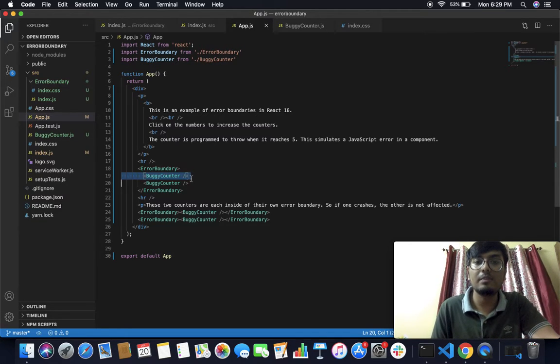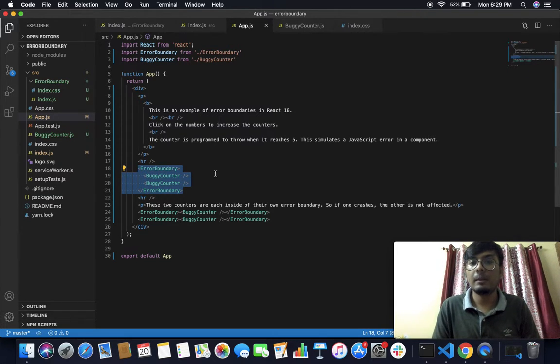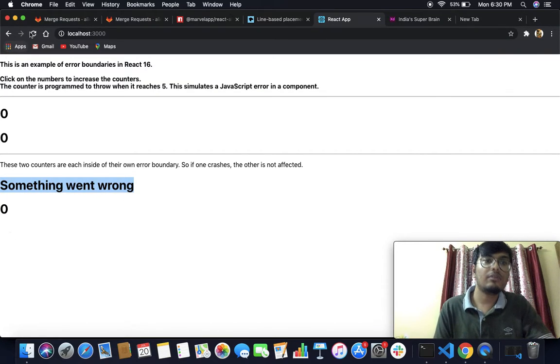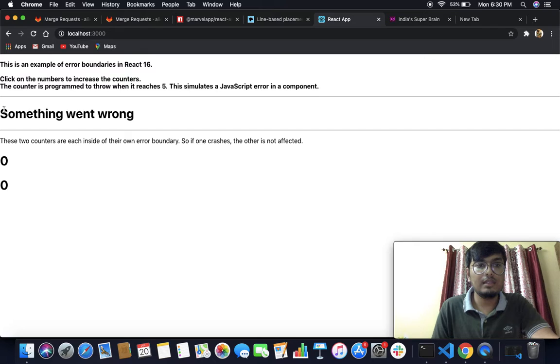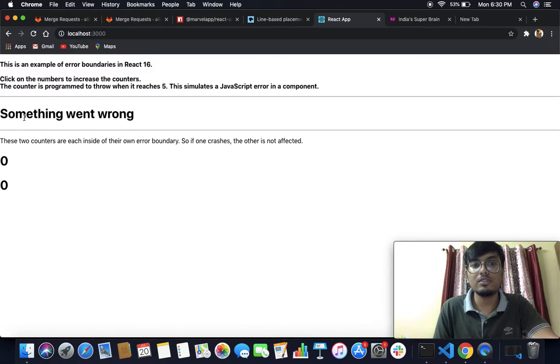For this buggy counter case, when one of them fails, the entire component fails, like your entire app. When I did this, you see what happened? There were 2 zeros, but both of them went away and it showed only one. That's because I wrapped both the children under the error boundary component.